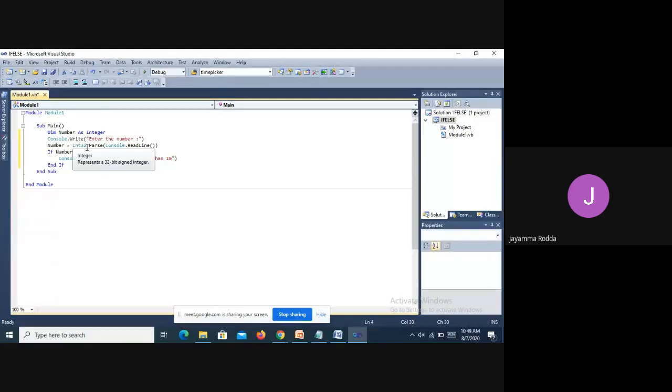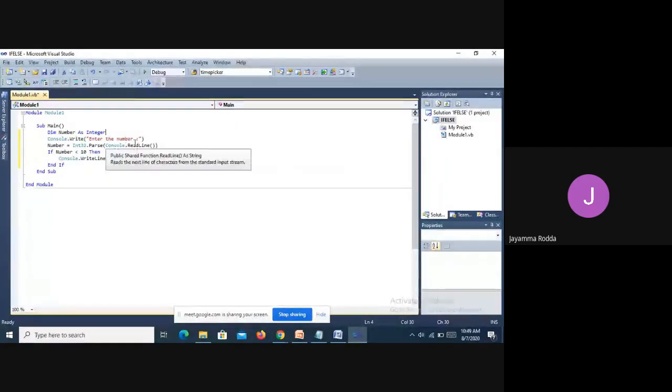The Console.ReadLine method is a text method. It reads the value, converts it into the integer type and stores it in number. I'll repeat again.